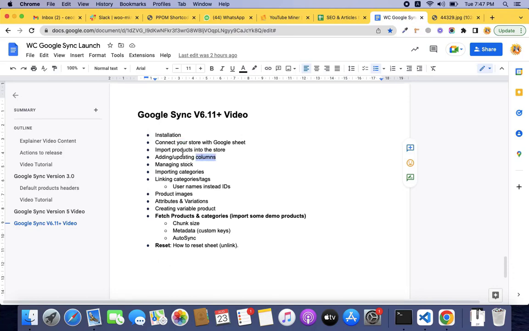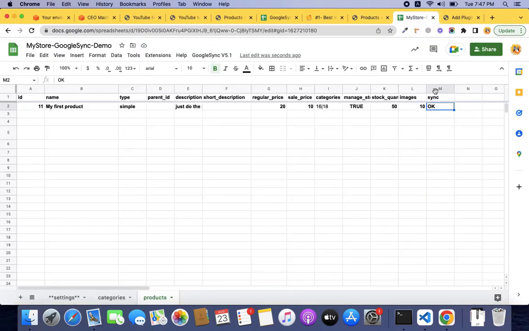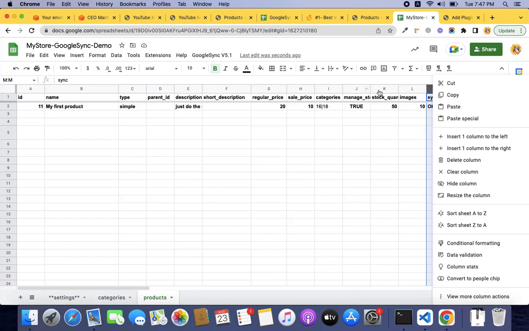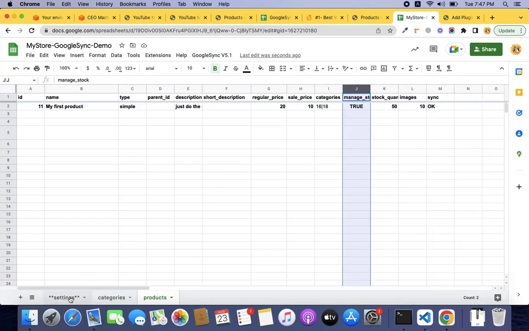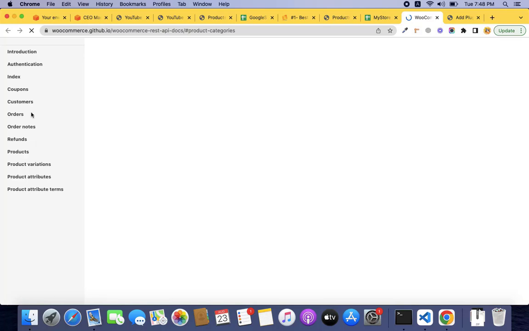Okay, how to add or update columns. So you can create columns between the sync and ID columns. Just right click anywhere in between these two columns, and which columns you can create, here is the answer. If you click here, this is the WooCommerce API details,